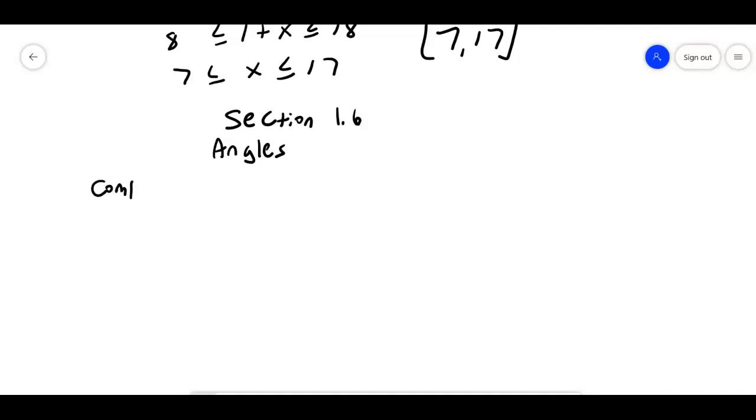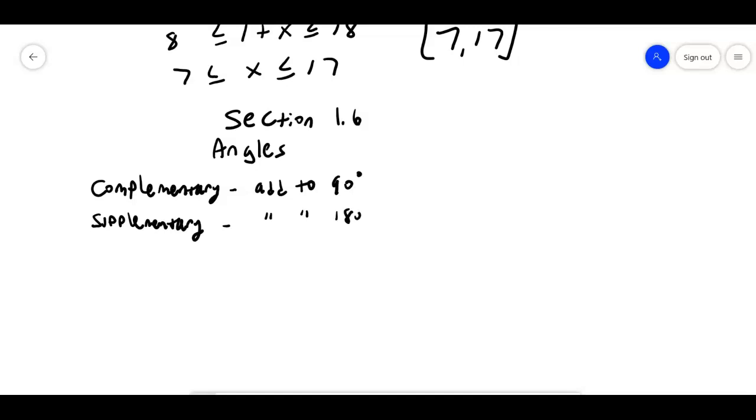The first thing, complementary angles add to 90. Okay, supplementary, they're going to add to 180. So complementary, they add to 90. Supplementary, they add to 180. So for example,